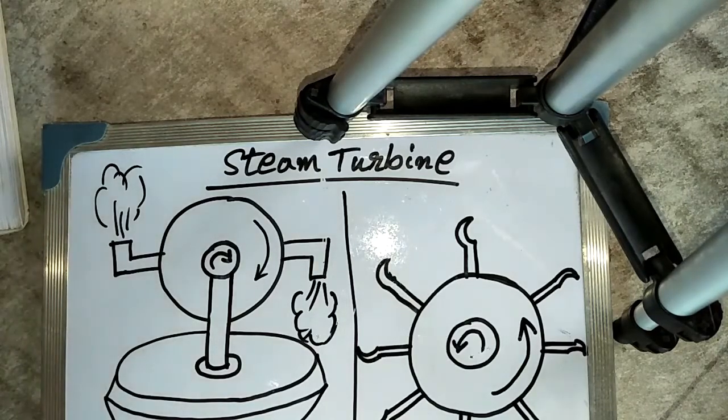First, the high pressure, high temperature steam expands in the nozzles and comes out at a high velocity. The high velocity jets of steam coming out of the nozzle strike the blades mounted on the wheel and get deflected by an angle, and suffer a loss of momentum, which is absorbed by the rotating wheel in producing torque. So a steam turbine is basically an assembly of nozzles and blades.